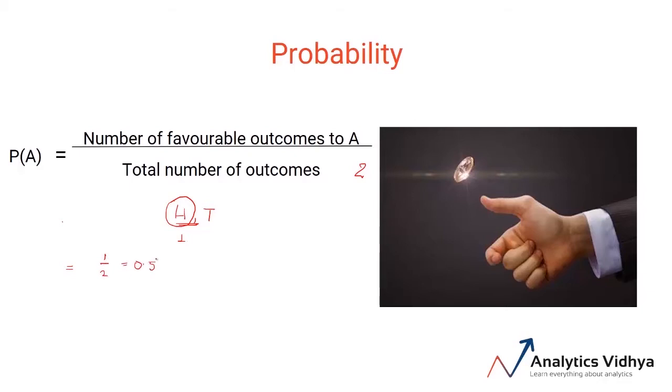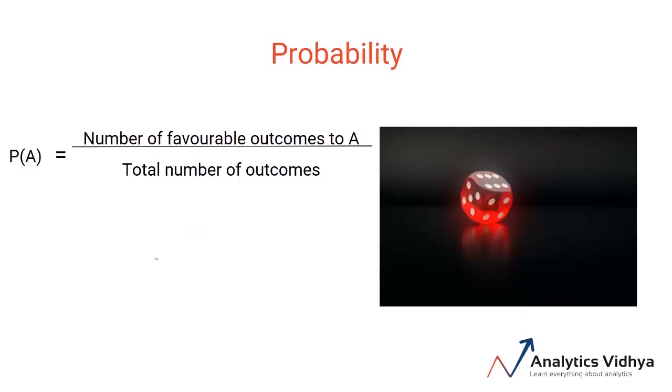Let's look at another example. Suppose we want to find the probability that on a roll of dice we'll get an even number. So in this case, our event A is to get an even number. Let's again look at the total number of outcomes. On a roll of dice, what are the values we can get? 1, 2, 3, up to 6, right? So we have total number of possible outcomes to be 6. And the number of favorable outcomes? Our event is to get an even number. And the favorable outcomes could be 2, 4 or 6. So we have 3 even numbers. So we can write the probability of this event to be 3 by 6, which again comes out to be 0.5. So I hope you understand how we calculate probability.